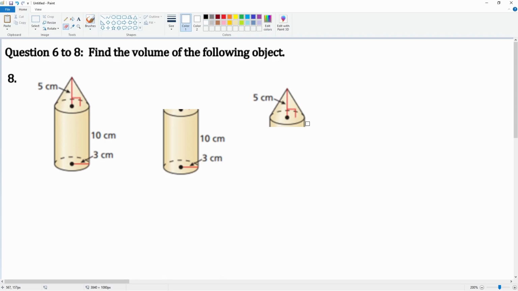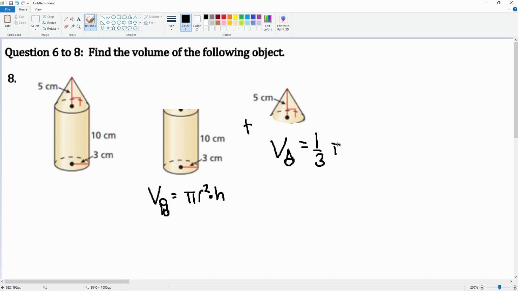So what you should try to do is find the individual pieces, then just add them together, right? So that's what we're gonna do, add these two. So let's find the cylinder first. The volume of this cylinder is defined as pi r squared times height. And then this is a cone, so volume of the cone is equal to 1/3 pi r squared times height,